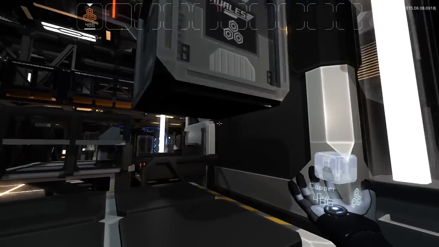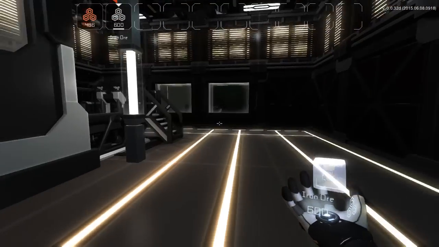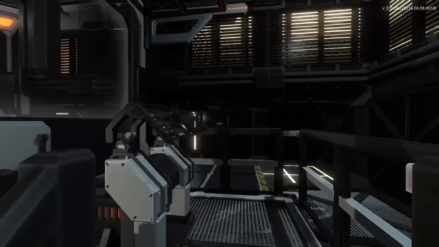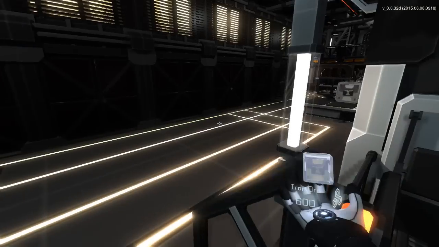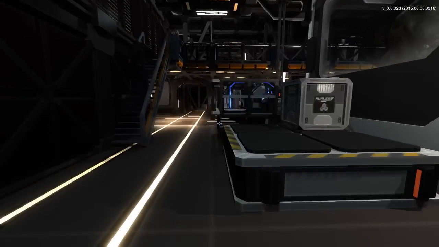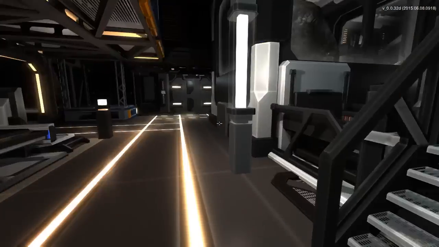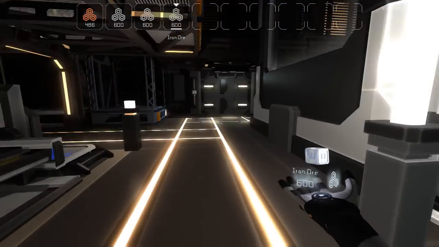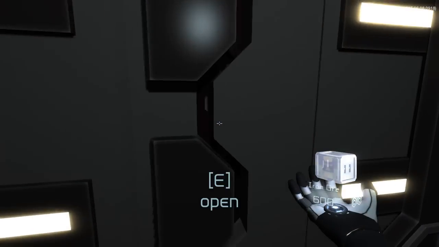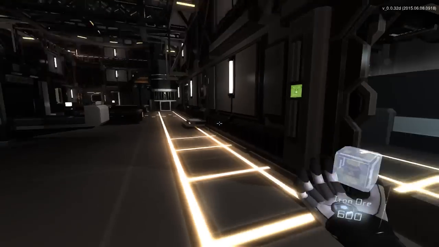And there's some iron. So now we have some basic ores, and then there's a second one over here, so you can make things go a little bit faster. So we'll just get this one going too, just because. So now that we have some resources, we can take them over here,